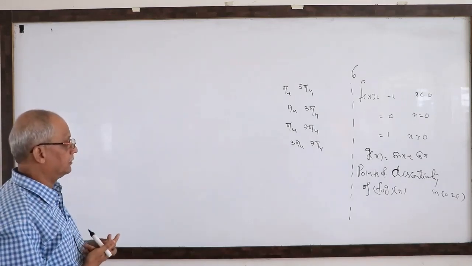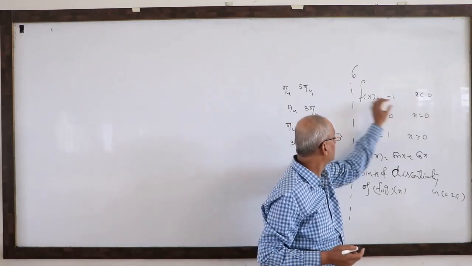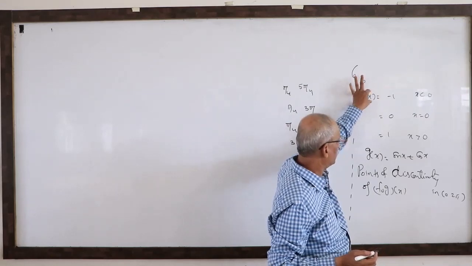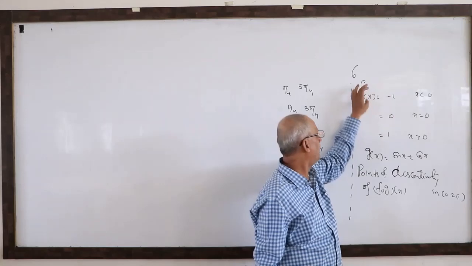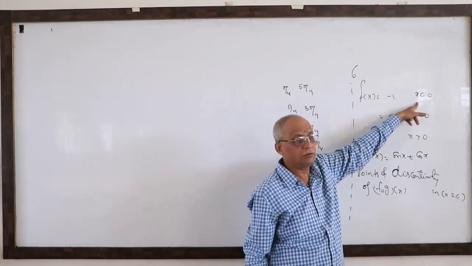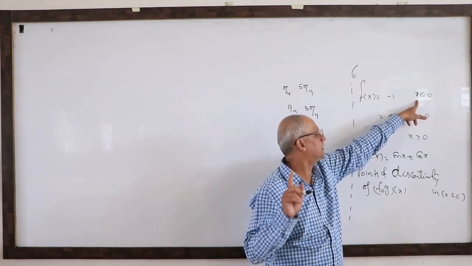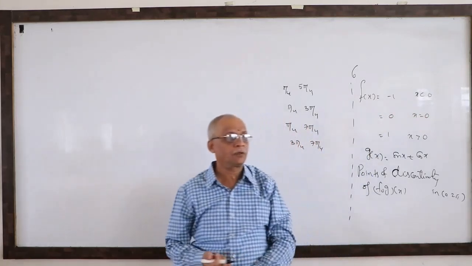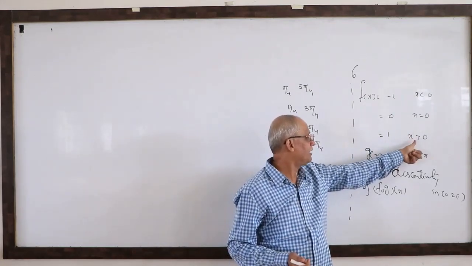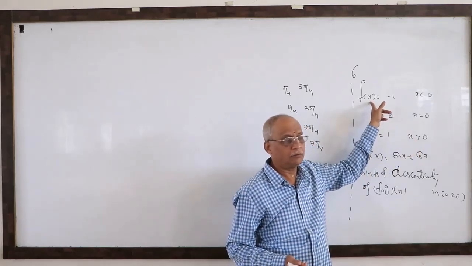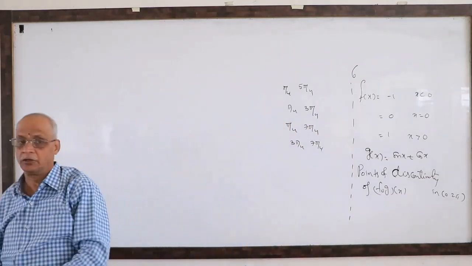Suppose you consider its definition, f of x when x is negative. In the place of x you consider any negative quantity, the f value is always -1. Therefore, when you operate f on a negative quantity, it remains -1. 0 is okay, leave it till 0. When a positive quantity is here, its f operation will give you 1 for any positive value of x.